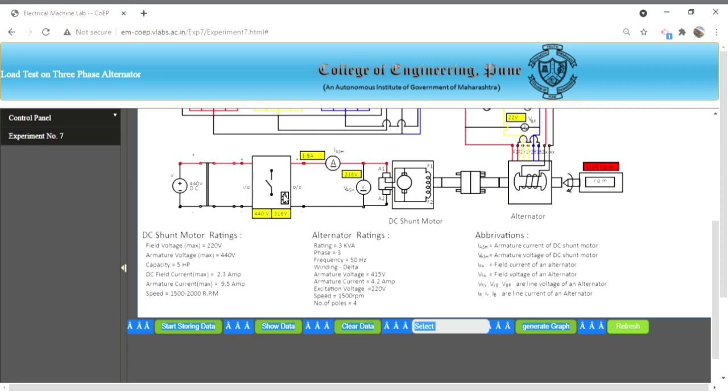Now it's nearly 1200. We want 1500, so it gradually increases the voltage. Yes, here the speed is accurately 1500 rpm,